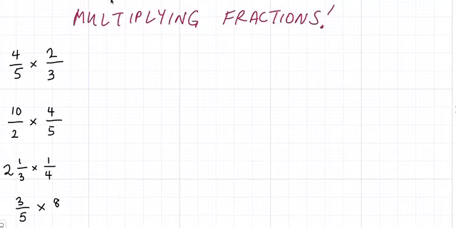So we're going to look at multiplying fractions now. For multiplying fractions, it's nice and easy. You don't even have to do as much as you have to do for adding and subtracting because it doesn't matter what the denominators are, which is really nice. So what we're going to do, I might actually do just to show you an example over here, a half